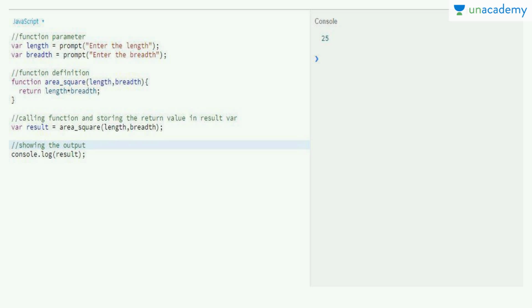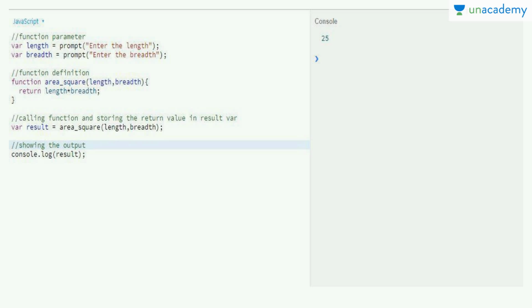You can write it as L * B, or X * Y, anything you want. These may or may not be the same, because they are different variables. The length and breadth of the function part are local to the scope of the function and have nothing to do outside the function, but the variables length and breadth above are global to the scope of the program.